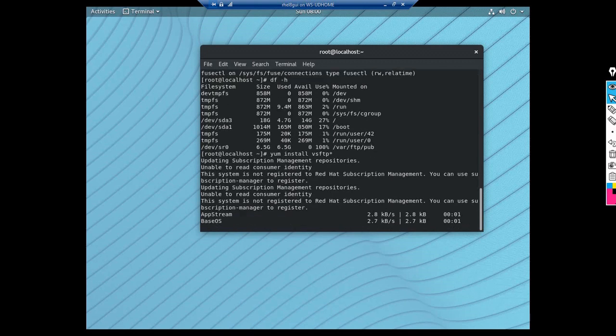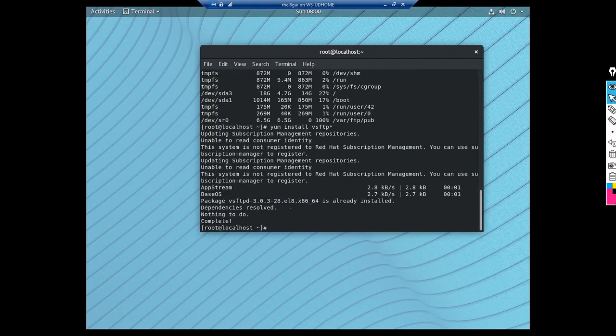So now it's searching for AppStream and base OS. Yes, it is already installed, nothing to do. So FTP is already installed. Then I need to go to the configuration file